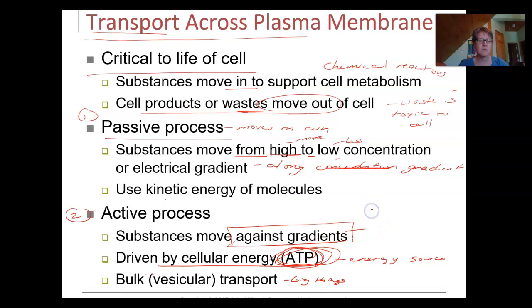So if I'm moving something from low concentration, these little brackets mean concentration, to high concentration, that will also require ATP, low to high. It's the opposite of passive. Passive is like going downstream; this is like going upstream. It's like asking how many people I can cram into a telephone booth, which I don't even think exist anymore.